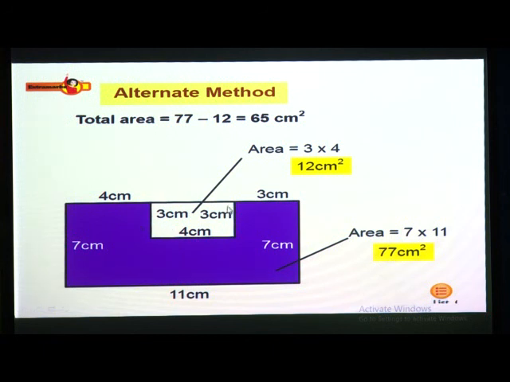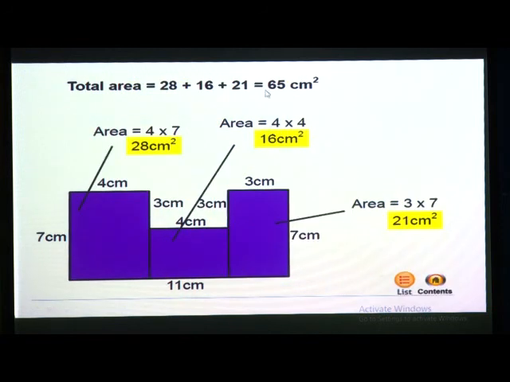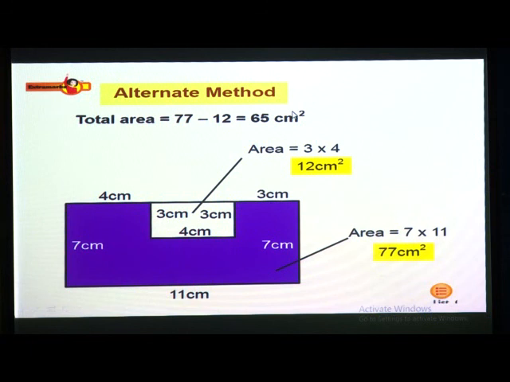Now we will find the area for the unshaded region, that is 3 centimeter and 4. 3 fours are 12 centimeter square. So 77 minus 12, because this is not shaded, so this does not come under area. First we find the area of the full rectangle and then we subtract the unshaded region. So 77 minus 12 becomes 65 centimeter square. The answer by both ways is the same. So these are the 2 different methods to find the area of these types of shapes.